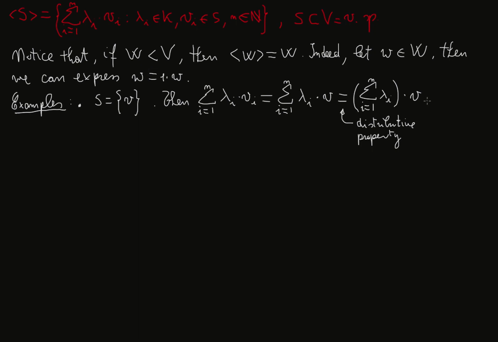So in particular, we can call this alpha times v for alpha in K. Okay, so this is a sum of elements in K, therefore it is an element of K. So we notice that any linear combination of elements in S reduces to just v multiplied on the left by a scalar. So vice versa,